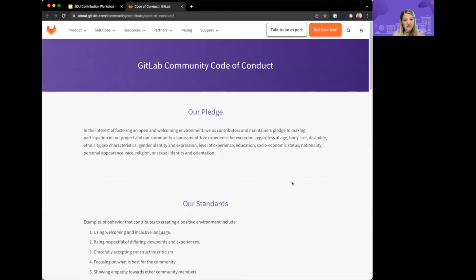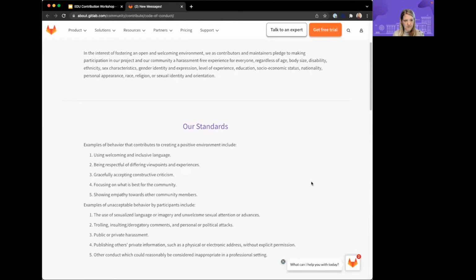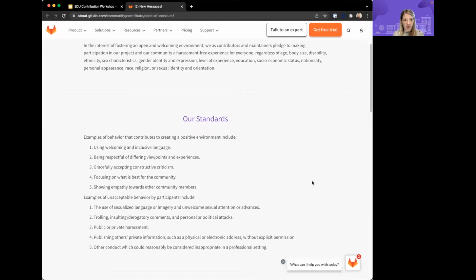In the interest of fostering an open and welcoming environment, we want to pledge to make sure that everyone feels welcome. Some examples are using welcoming and inclusive language, being respectful of different viewpoints and experiences, gracefully accepting constructive criticism, focusing on what's best for the community, and showing empathy towards other community members.